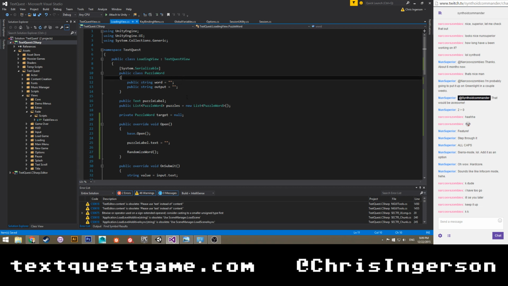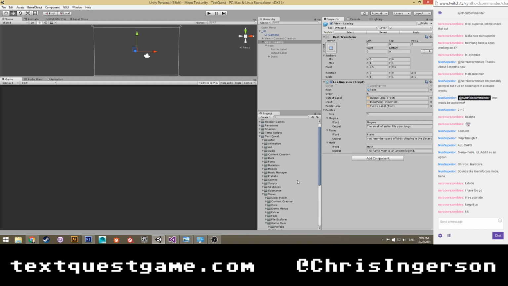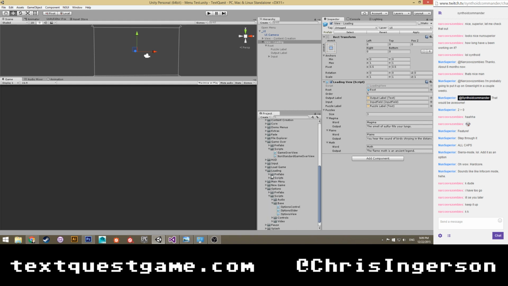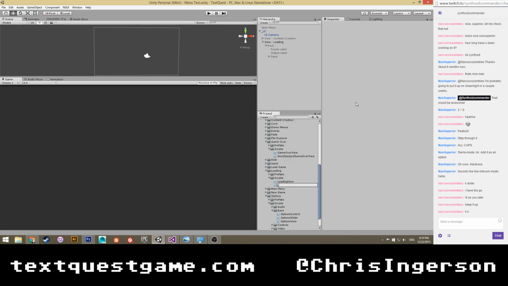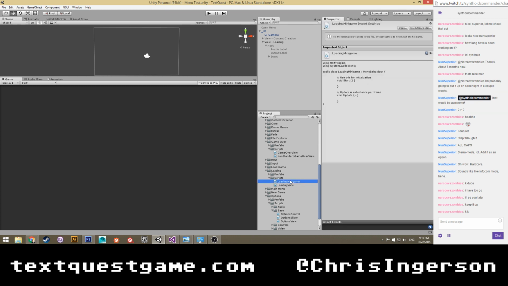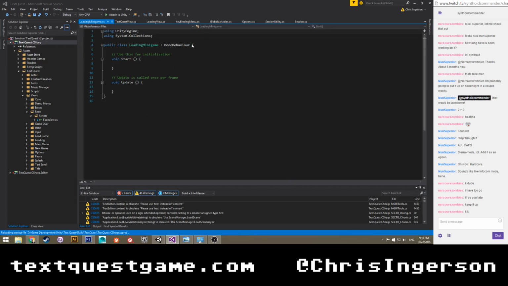So how am I going to compartmentalize this? Ugh. Let's see. Loading scripts. Make a C# script. Loading minigame. Let's reload.